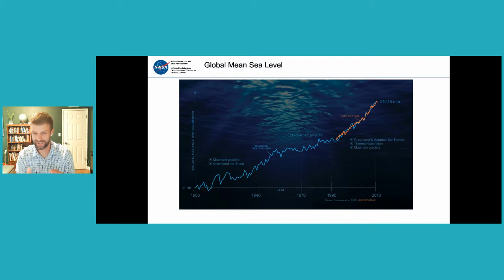But we can actually understand why this was the case. It wasn't because of a lack of climate change, anything like that. It was actually because there was a huge increase in the number of dam projects around Earth. So the same way that when ice melts, it goes into the ocean, if we are impounding or keeping water on land through these dam projects, on a big enough scale, that can actually affect global mean sea level.